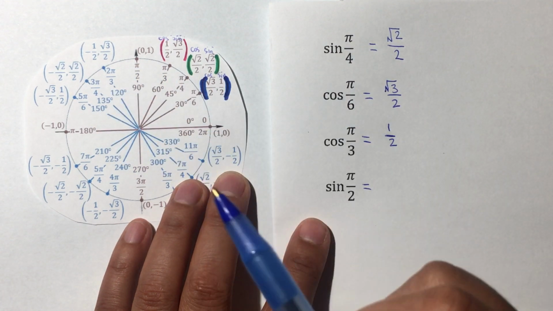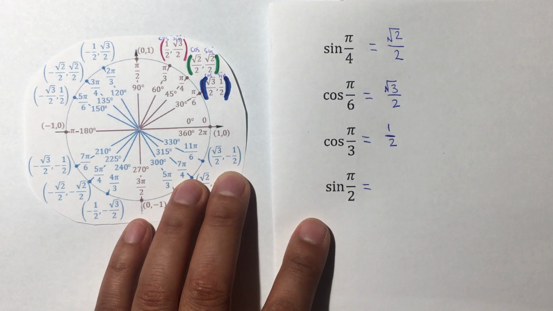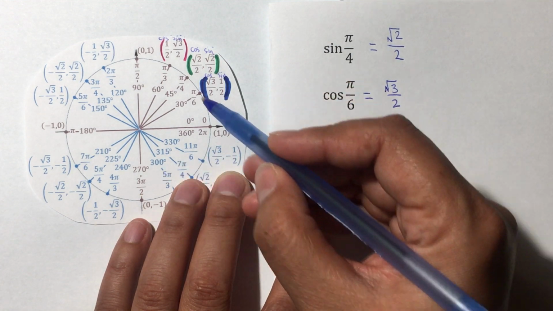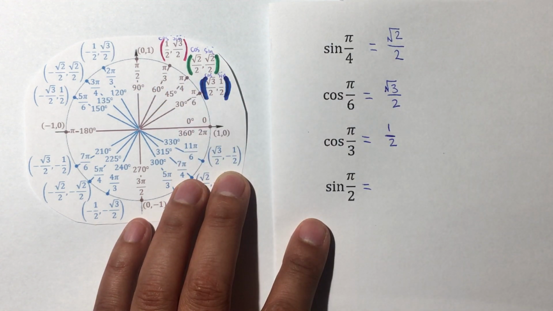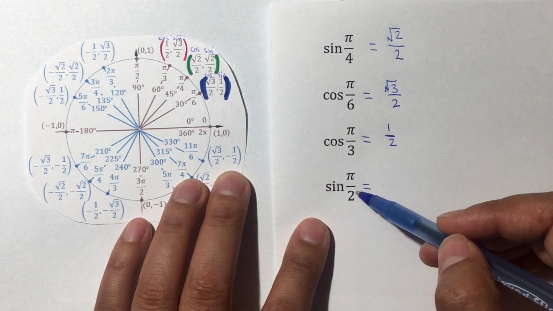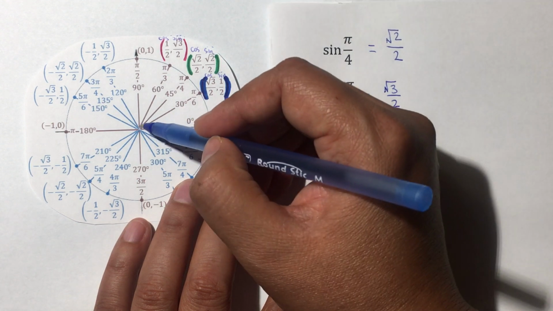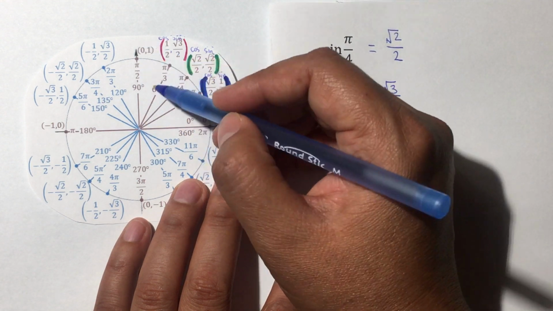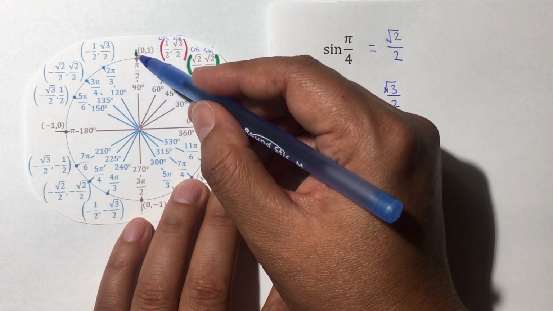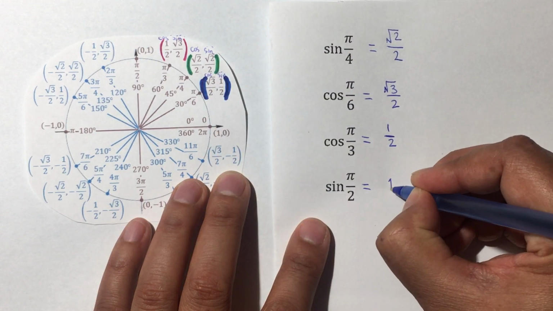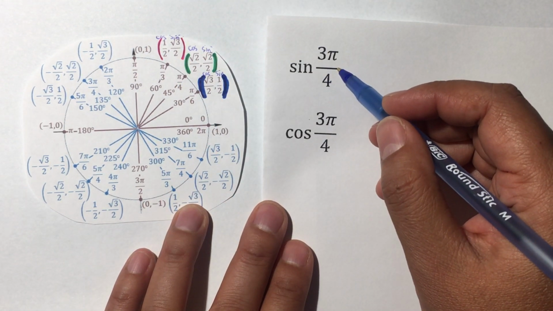The more you fill it out, the better you get at it, to understand it, to remember some of the values, or just quickly get familiarized with the unit circle, and you'll love it. So sine of pi over 2, sine is the second value, pi over 2 is right here, so it's equal to 1. Sine of 3 pi over 4,